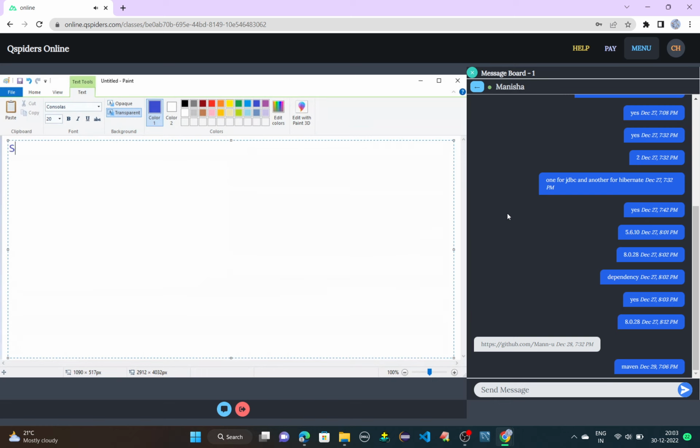I'll write string JPQL is equal to select, sorry, not star, it is select T from Teacher T. Done. We have written the query: select T from Teacher T. Yes, we have written it. Now,